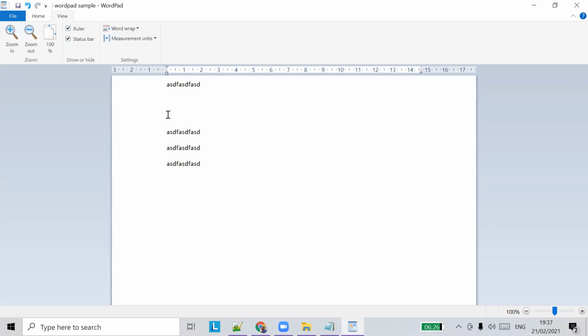So all your takeaways from this class: you have to know what a file type is, what a file extension is, how to cut, copy, paste, how to save a file, how to use save as, and how to find and replace text. So these are the major takeaways, the things you have learned in this session. Okay. So any doubts in this?